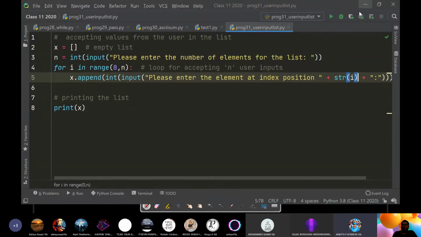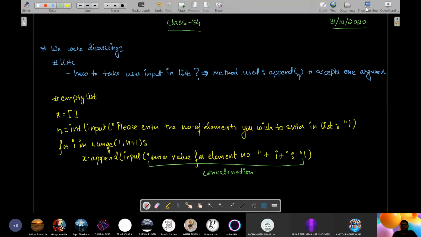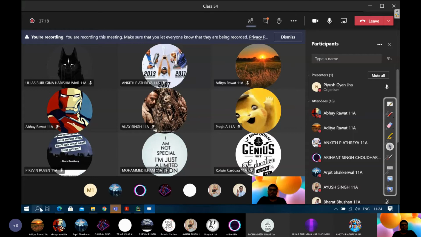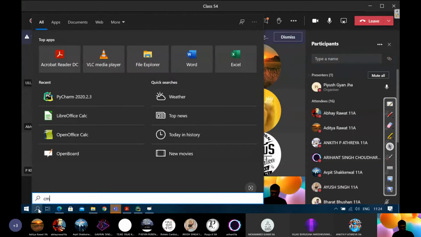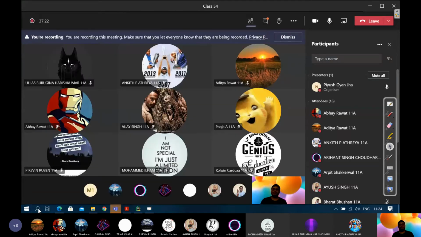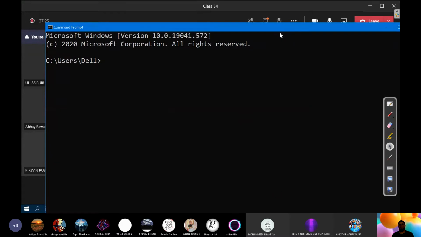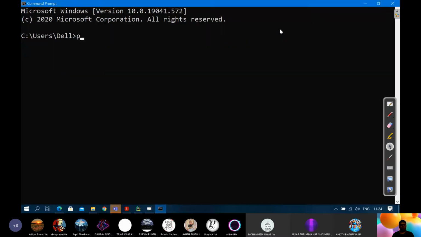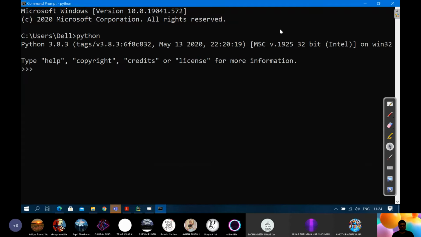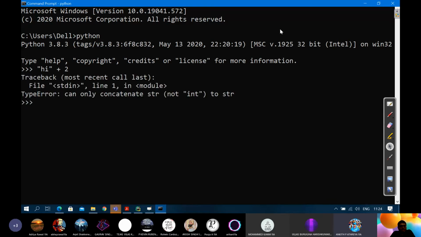देखो, what we were trying to do, अंकित, कौन अंकित ही पूछ रहा था ना, CMD पे आते हैं. Can you do something like hi plus 2? No, sir. क्या बोलेगा वो? Error देगा. Can only concatenate str to str, string to string, not int. ठीक है?